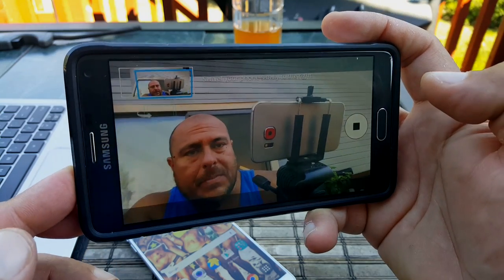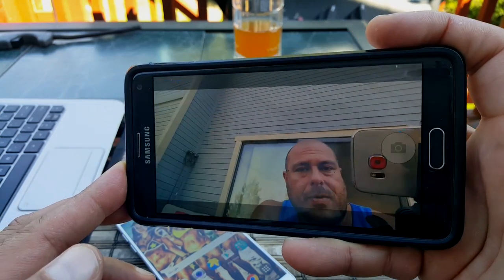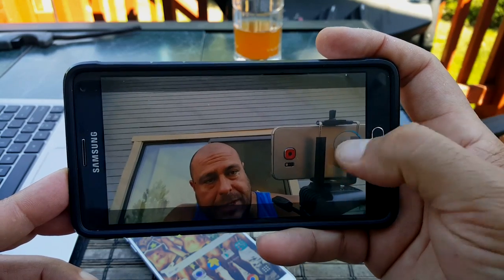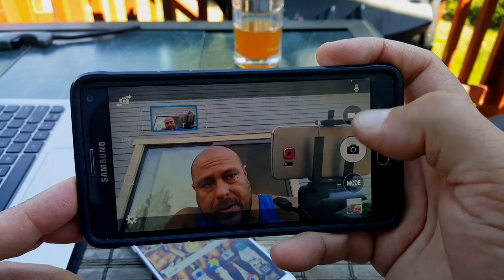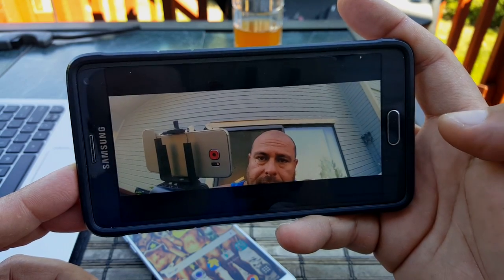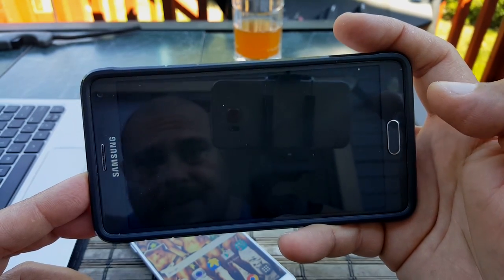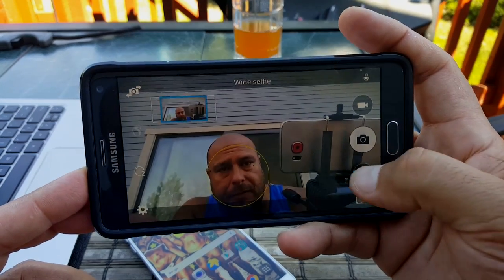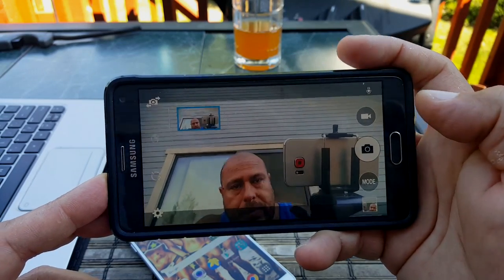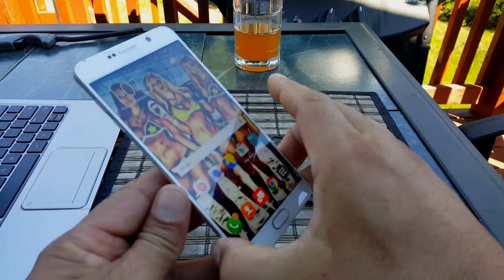and then you can go ahead and move the camera from one side to another, and that's gonna capture a wider picture. It's processing the picture right now. Here's a look at the picture that I just took. Now you can also do that with the Note 5, but see, we only get 2 modes. You can download more. So here's a look at the Note 5